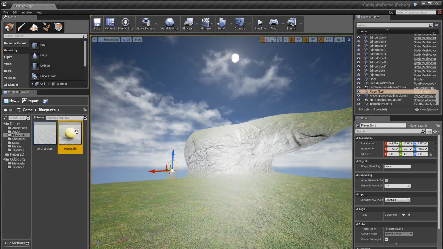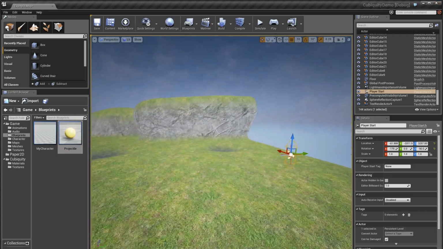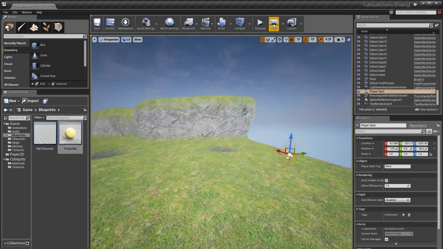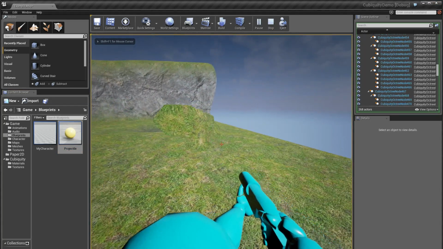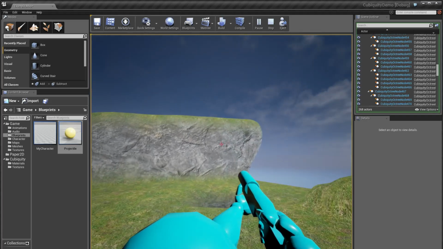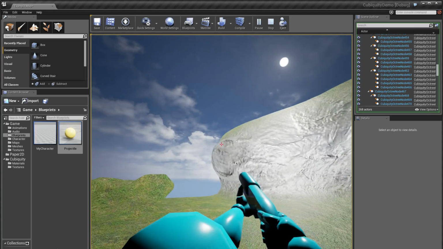So if we go back to our projectile blueprint, and we can change the inner radius to be something a little bit larger. So if we change the inner radius to be 2.0 and the outer radius to be 4.0, and save and recompile, you'll notice that inside the editor those changes we made have been reverted, but when we go back into the game they are in fact still present. This is due to some persistence problems that I haven't quite worked out the best way to establish yet. But anyway, you can see that now if we fire, it's causing much larger blobs to appear,